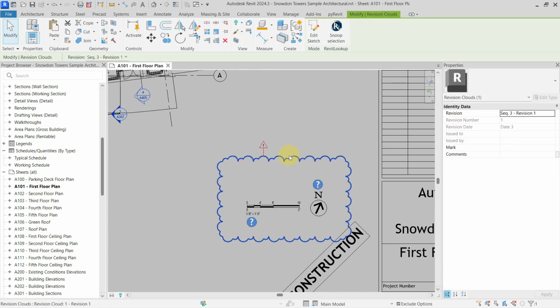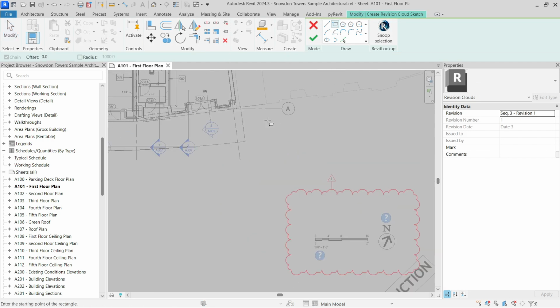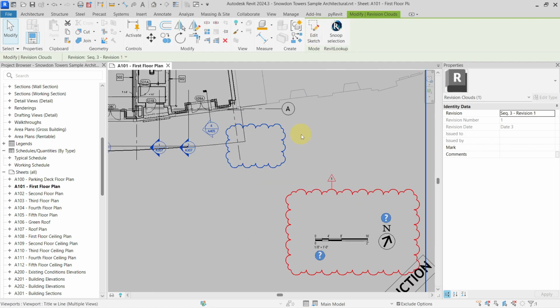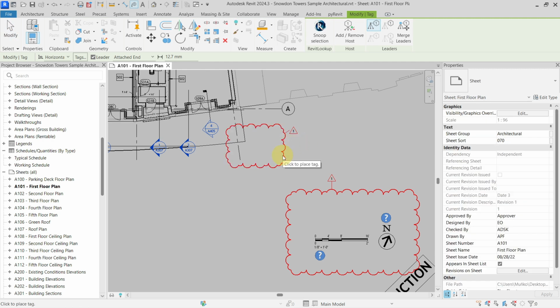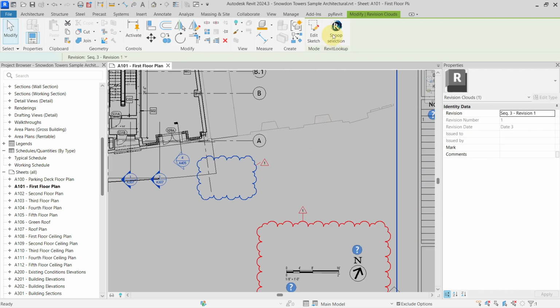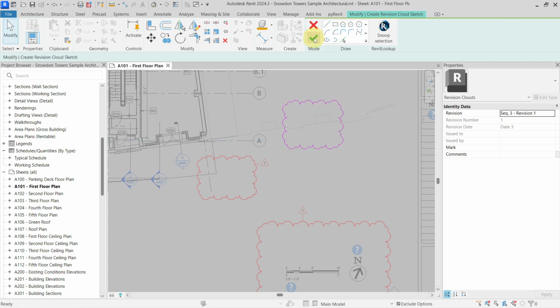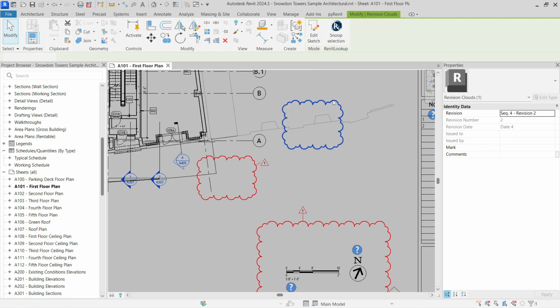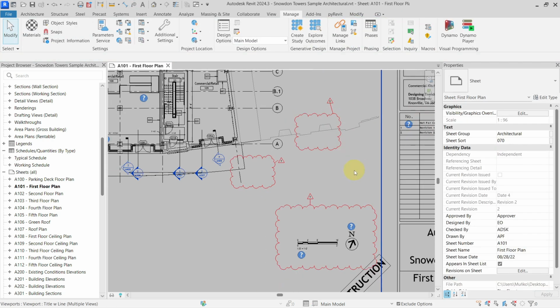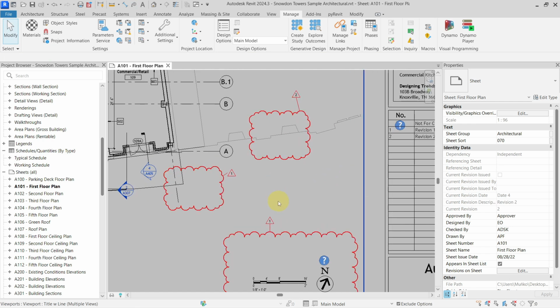Let's say now that I will create more revision clouds in here, and I will tag it, and I will create another one here, and I will change this to be my revision number 2 or revision 2, and I will tag it. And let's just now say that I have my revision clouds from revision 1 and revision clouds from revision 2. But now I want to show only revision clouds from revision 2, and I want to hide these from revision 1. You can actually do this